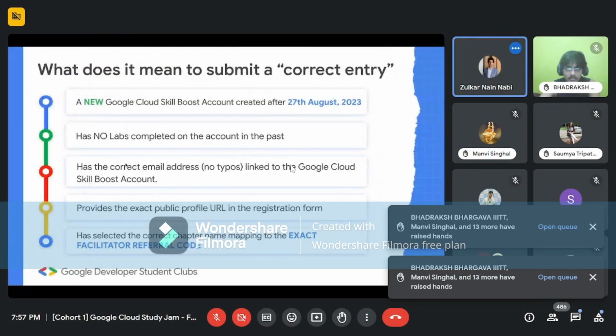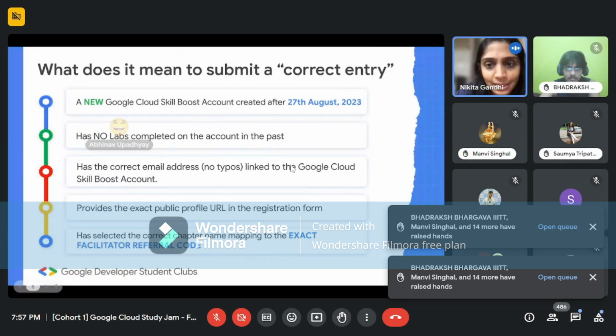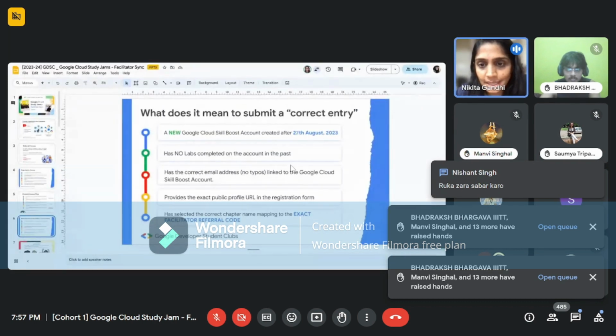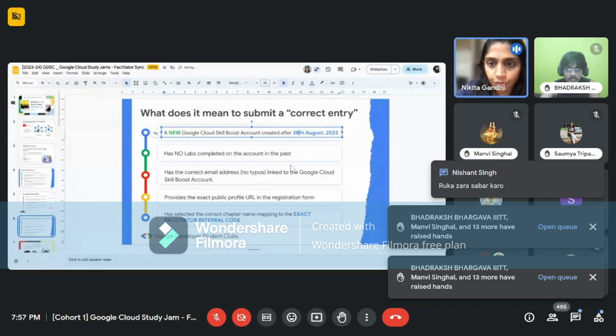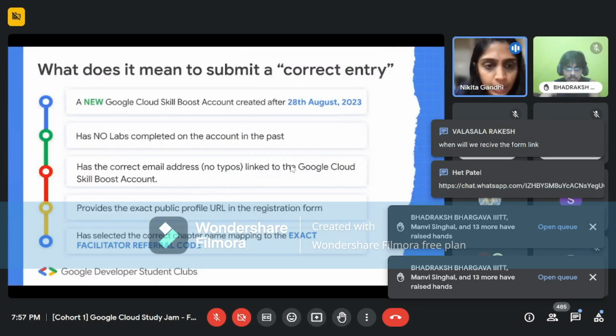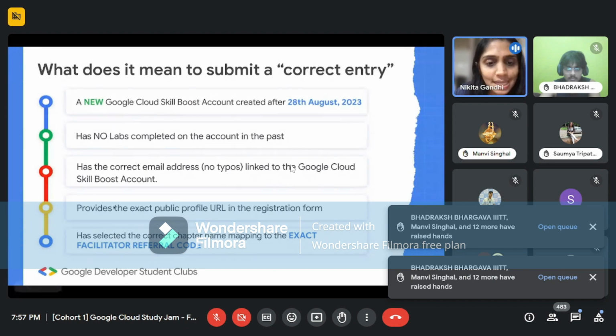Sure, cool. So I'm going to give you a quick recap of what the correct entry looks like. A correct entry means that a new account was created after 28th of August 2023, has no labs completed on the account in the past, has the correct email address linked to the Google Cloud Skill Boost account, provides the exact public URL in the registration form, and has selected the correct chapter mapping to the exact facilitator code.